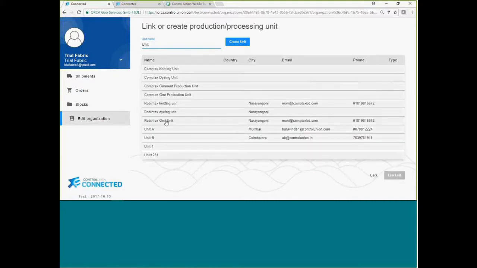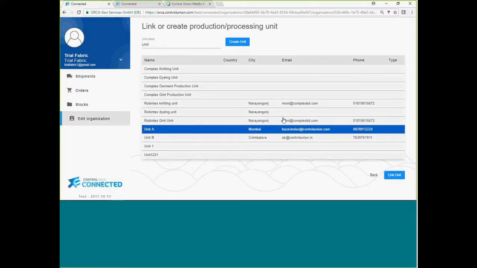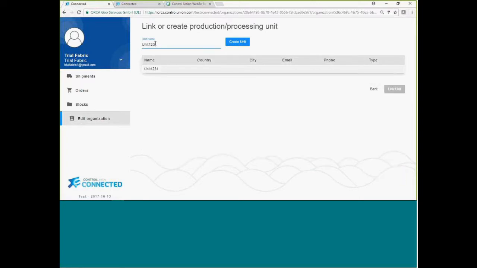And the system shows you all units which have been already registered and containing the same name that you are typing. In case your unit is already registered, you can simply select it and link it. In case the unit is not already registered, then